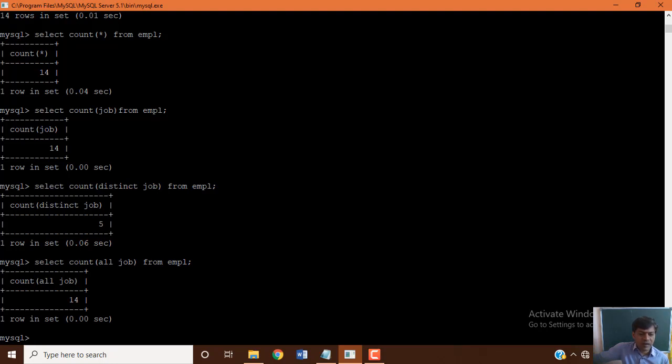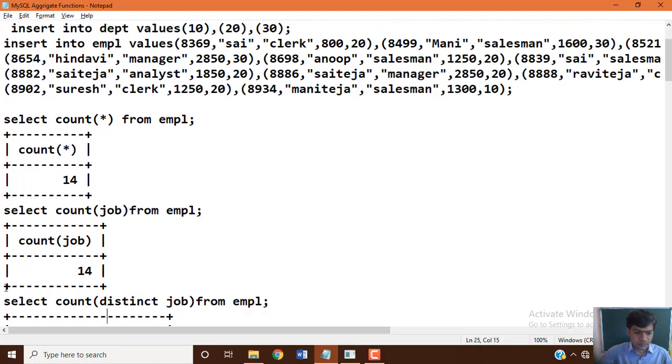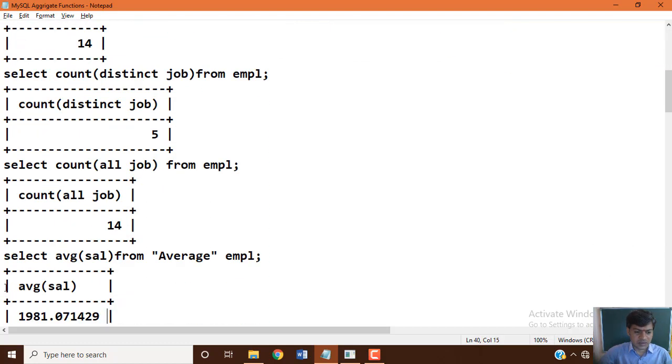Only the actual values will be counted when you go for a specific field. You may see some questions on this that you can remember; in our example we didn't have any null values. Distinct job versus all job, yes.